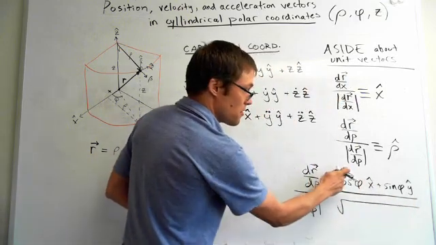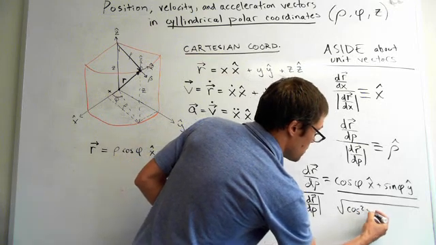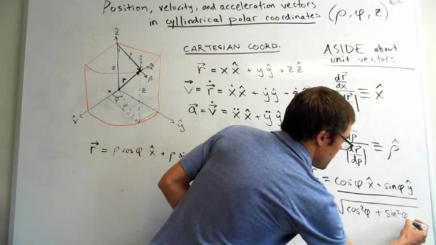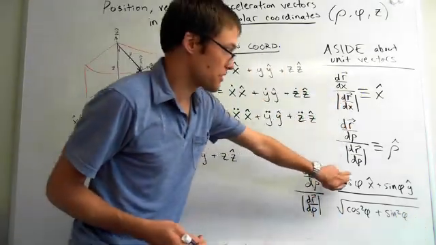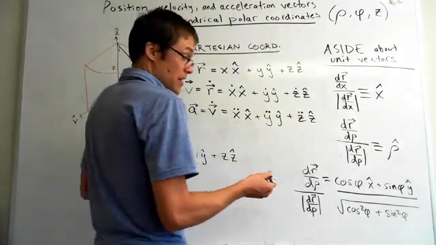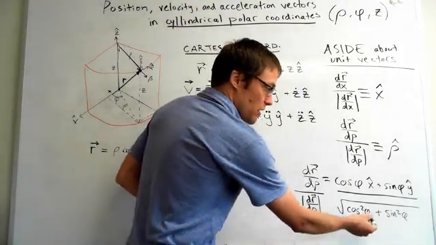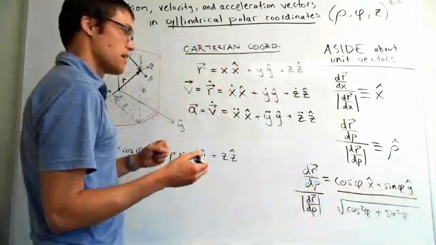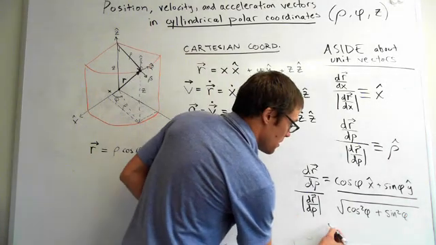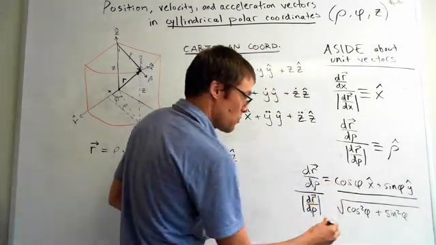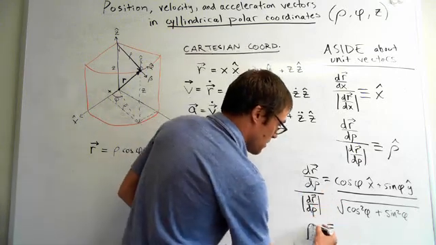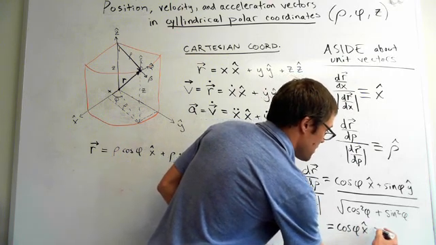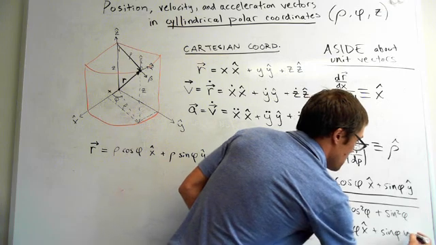The magnitude of that numerator is just going to be the square root of cosine squared phi plus sine squared phi. And as you probably know, the trig identity for cos squared of an angle plus sine squared of that same angle is 1. So the magnitude of this vector is already 1. So the answer for what is rho hat is cosine phi x hat plus sine phi y hat,